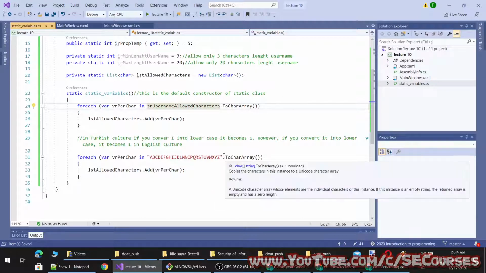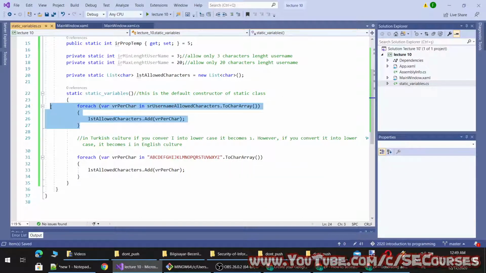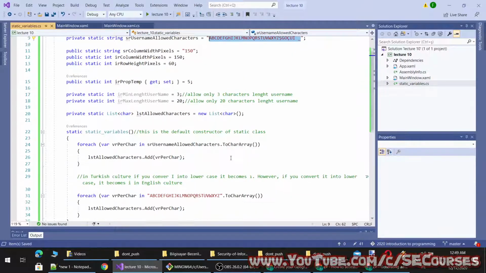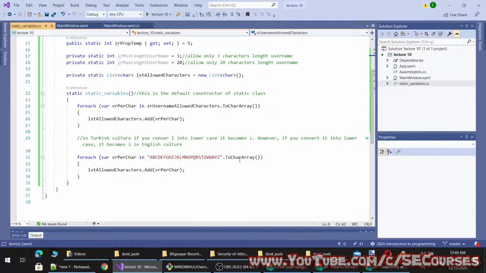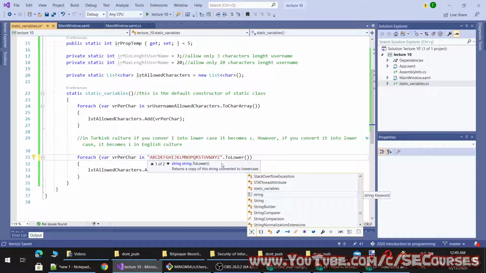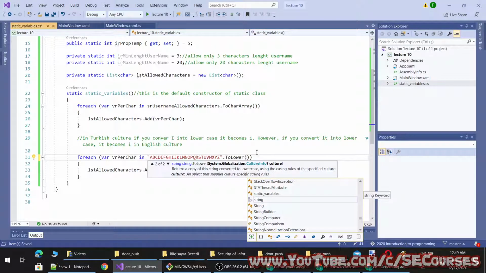So this is adding the uppercase letters. Then I will add lowercase letters as well. However, this time I will use ToLower, and when I am doing ToLower, I will define the culture. It has two overloaded methods: ToLower and ToLower with CultureInfo.